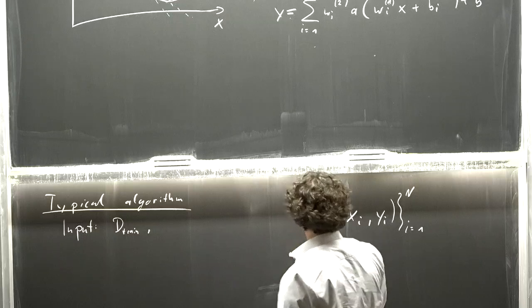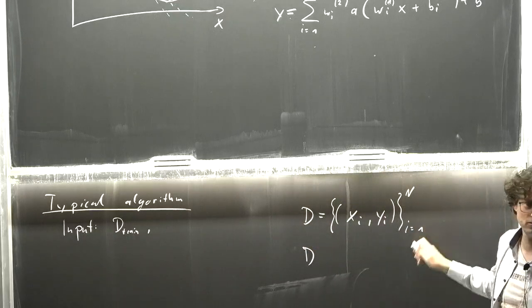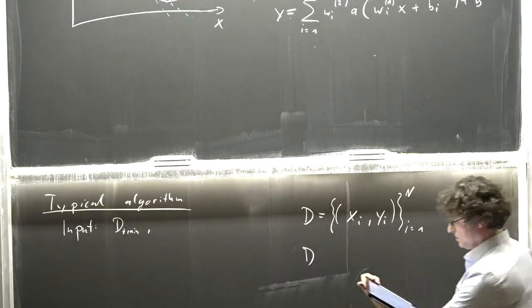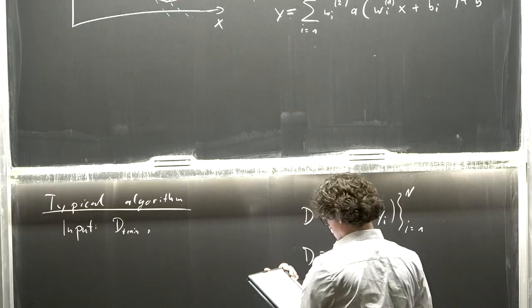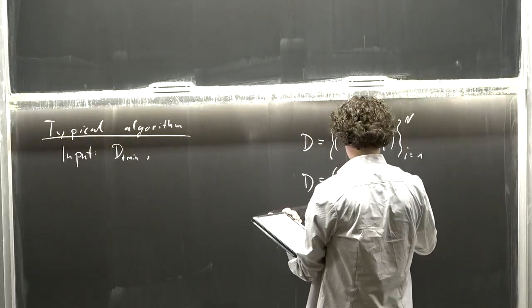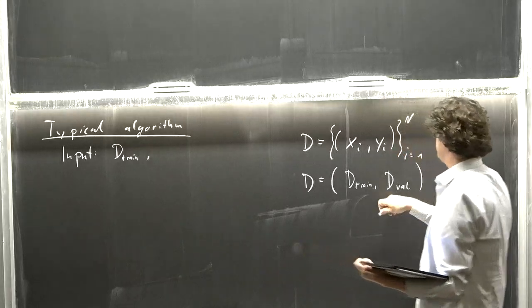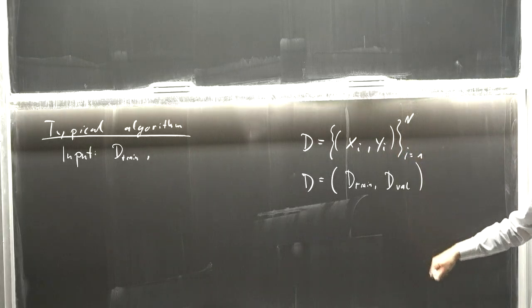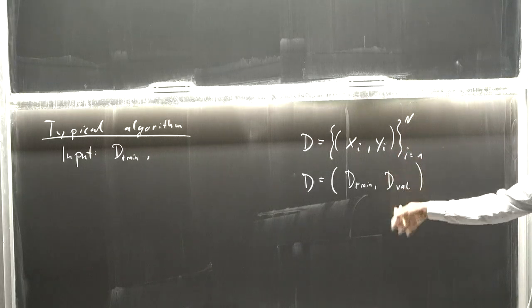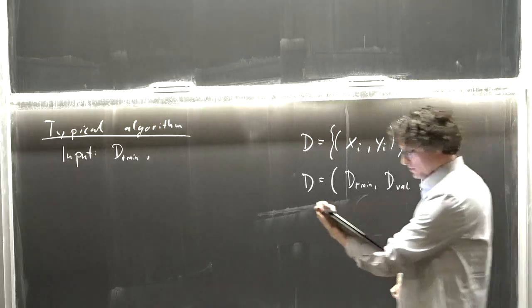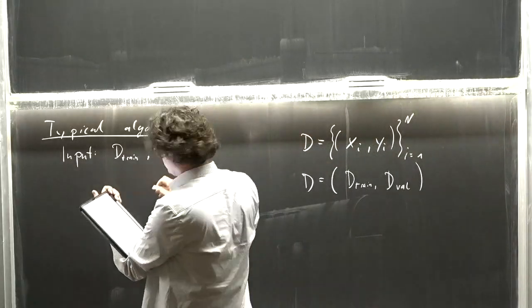And usually if you have data that you want to use to train a neural net, you would split this up into some data that you would use for training and some data that you would use afterwards for testing whether your model works well. And it's a good idea to actually split this up in validation loss and test loss, but I keep it here simple. So the input would be the training data, and then some